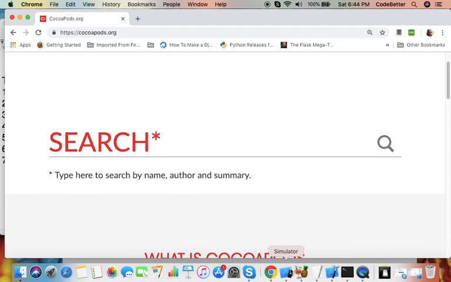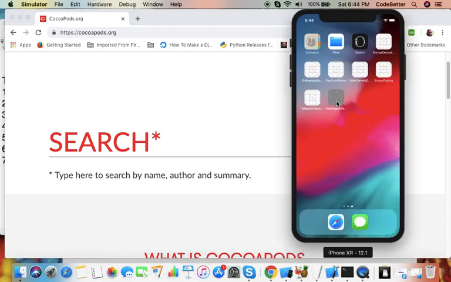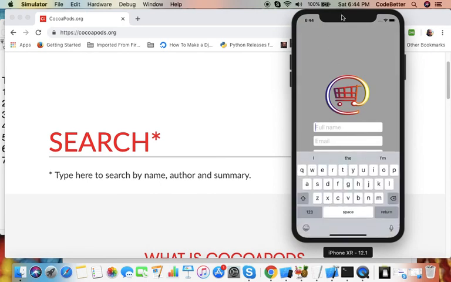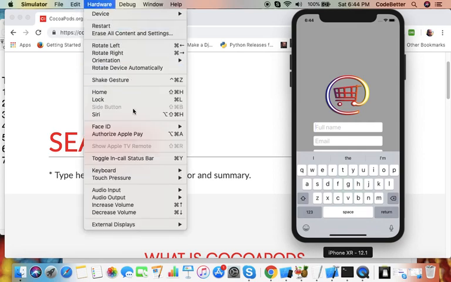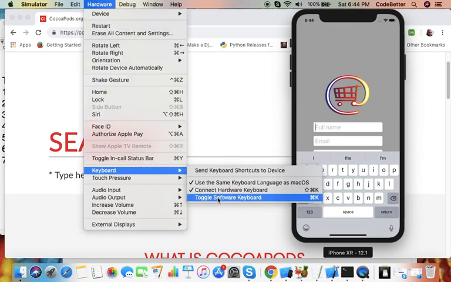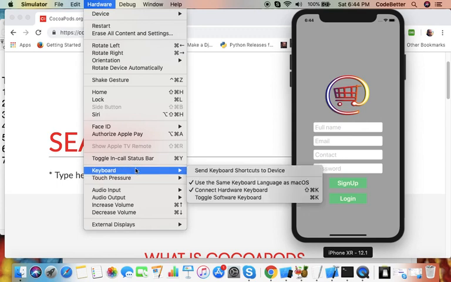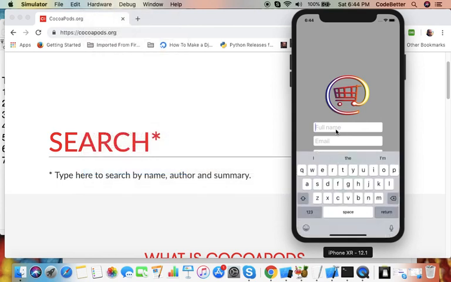First of all, let us see what is the requirement of using CocoaPods. As you can see here, I have an application, and in this application I have a registration page. So this is our registration page. When we type in the text field, we definitely need a keyboard. So let's say we have a keyboard. If I type something here,